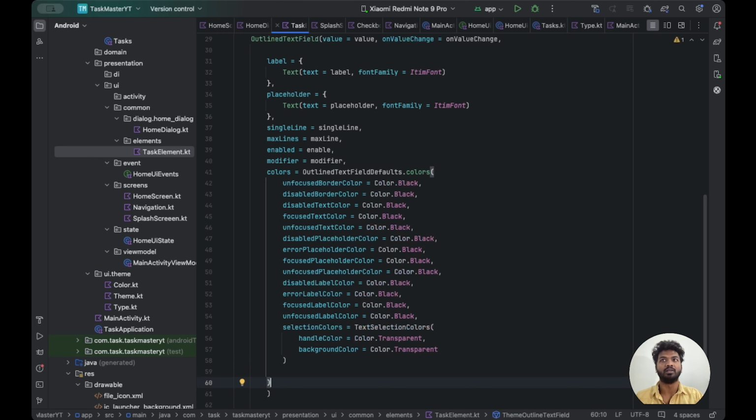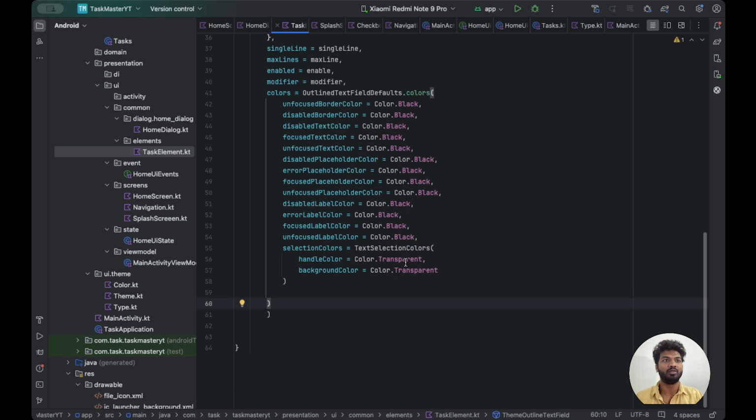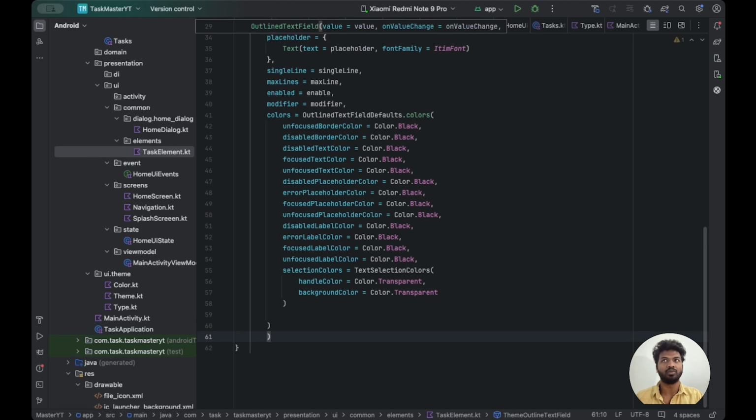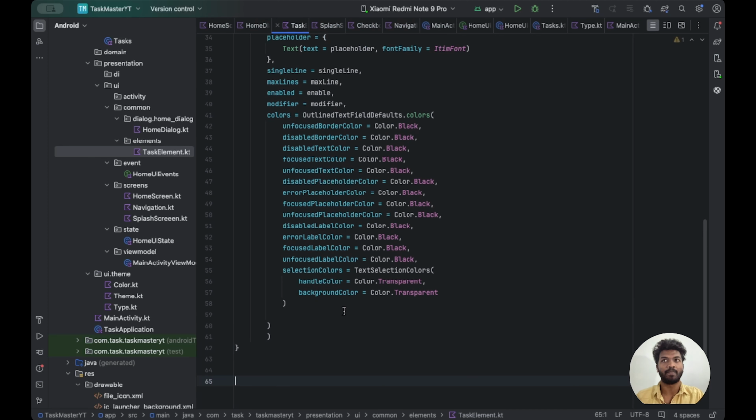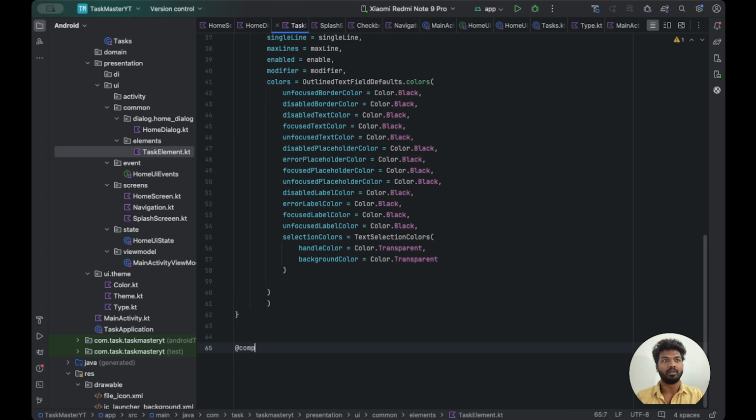So this is our themed item, and we need to create another few themed items also. So those things also we'll just create and go. Okay, then we don't want to waste time on that. Composable, theme image view, URL is string, comma, modifier. Okay, so the same thing,